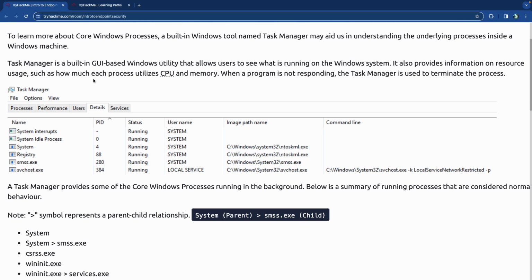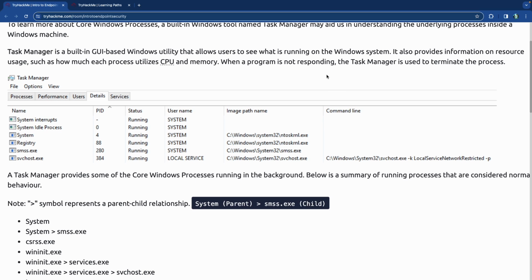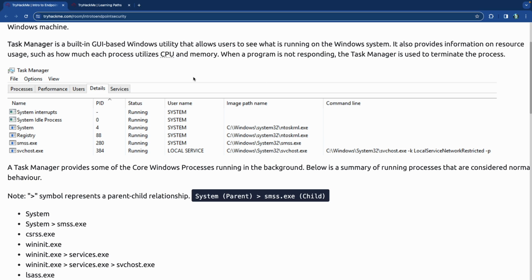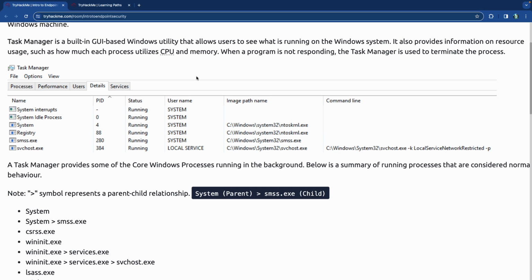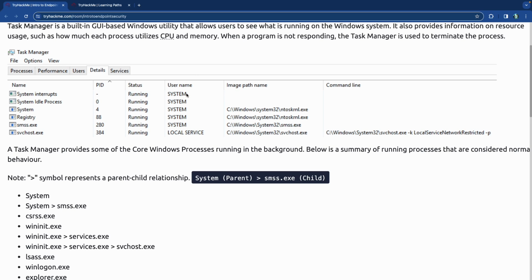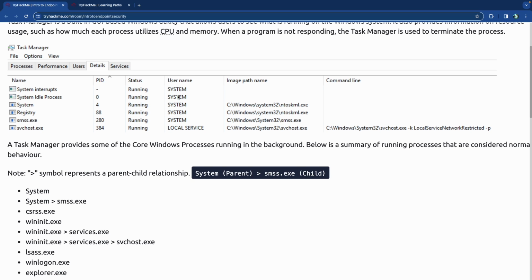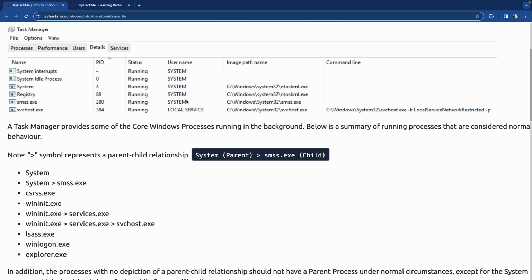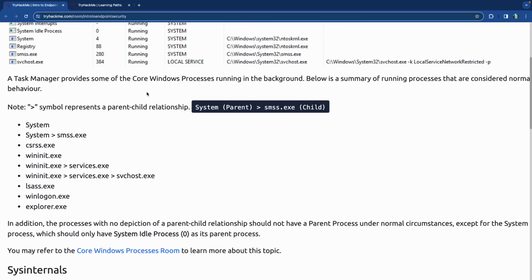And Task Manager, I used to use it just to end certain things that weren't operating, but it actually is very useful. It's a GUI, graphical user interface tool that allows us to see what's running. It provides information on the usage, such as how much CPU and how much RAM each one is using. And if it's not responding, you can use it to force the thing to end. That's what I used to use it for all the time. When a program stopped responding, I would press Control-Alt-Delete, Task Manager pops up, and then I would force the thing to stop running. It provides some of the core processes running in the background,